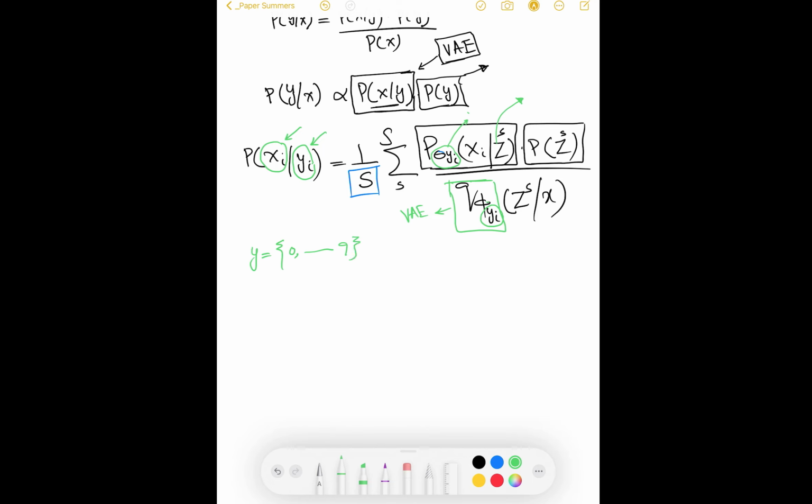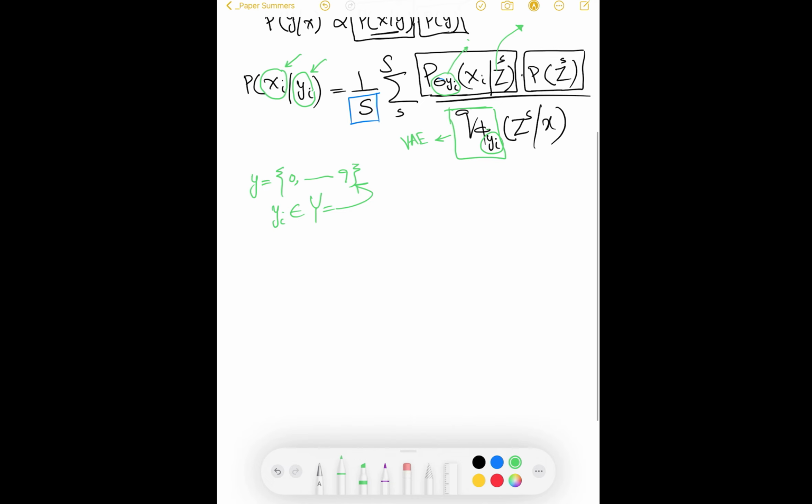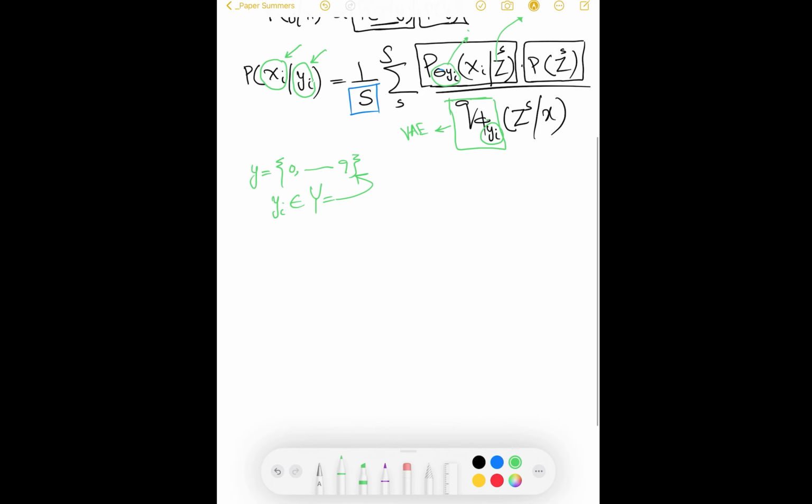So yi is coming from y, which is this, right? And xi is the sample. Okay,